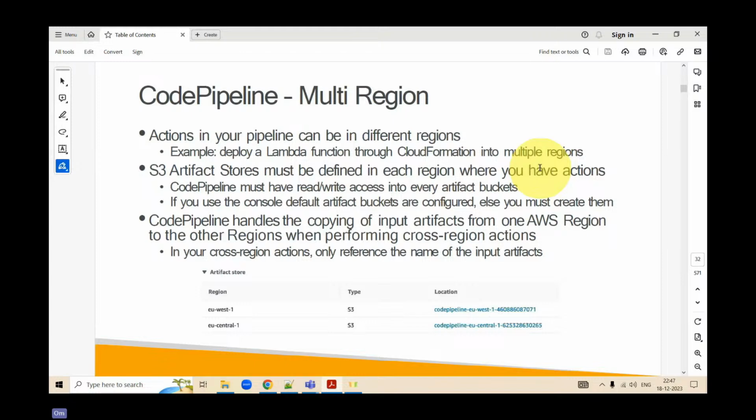If you're deploying in London, then your artifact should be in a London S3 bucket, and so on. That simply means that wherever your code resides, your necessary S3 artifact should always be in that bucket only.